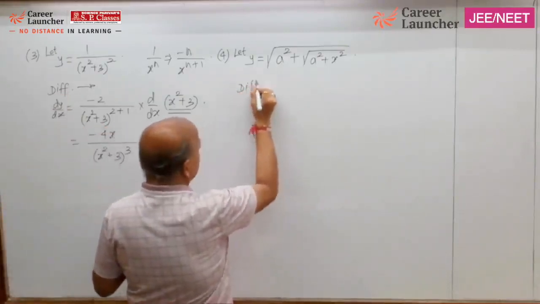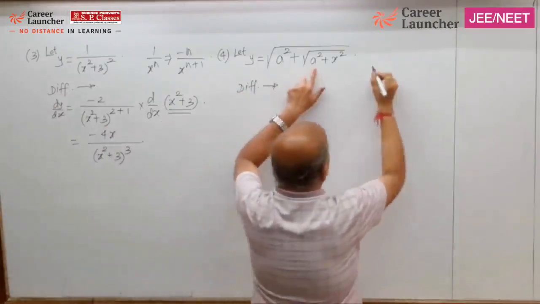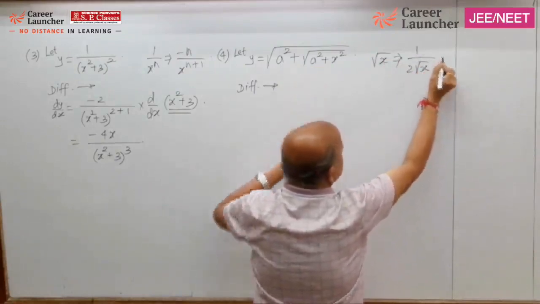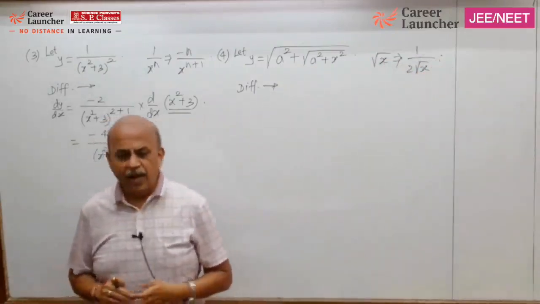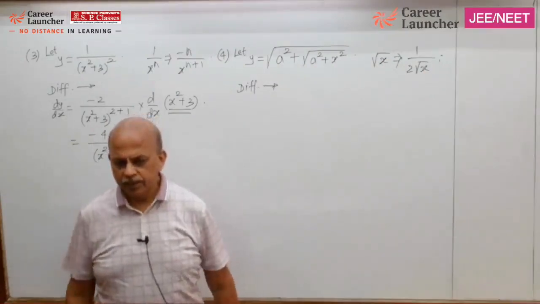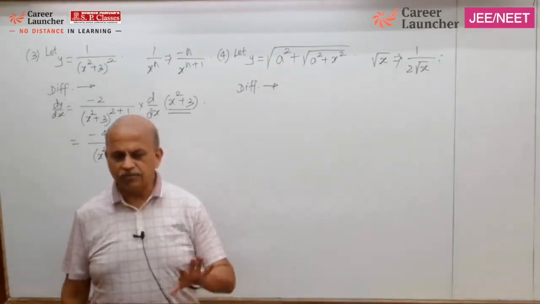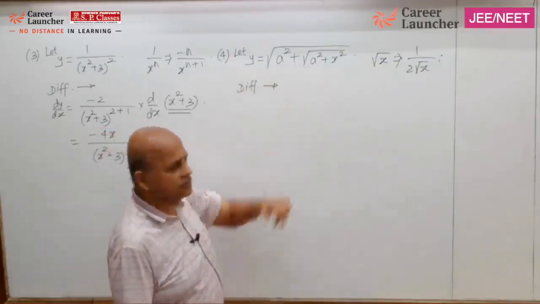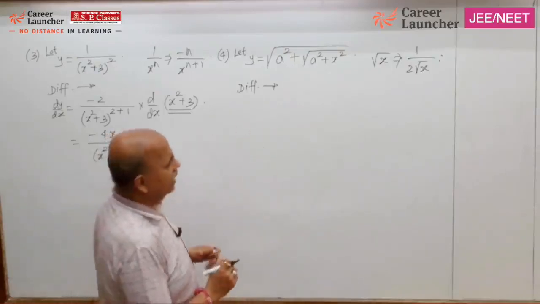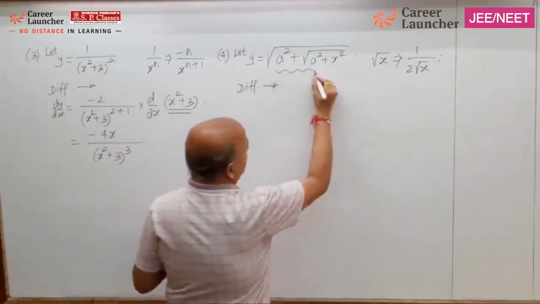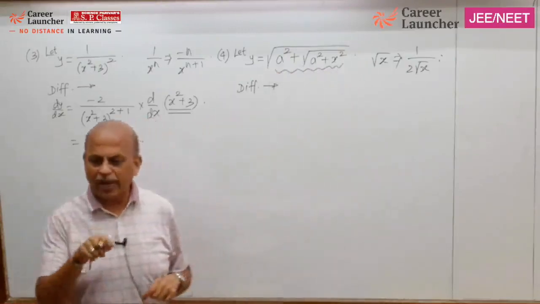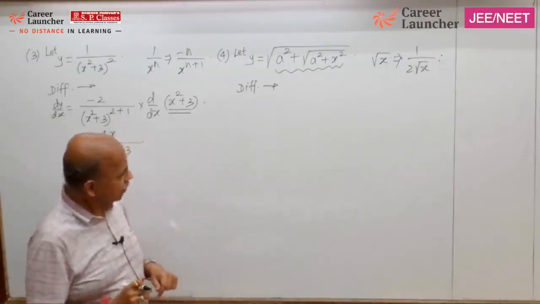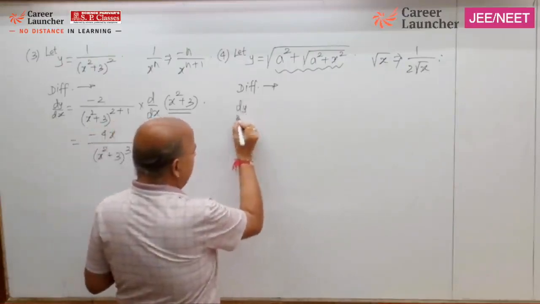Okay? Here, this is a good problem. Please concentrate and listen to me. Differentiating root x, what is the formula? 1 upon 2 root x. Now let me see whether you have followed the concept of the chain rule or not. Who will tell me in this question, root of x, what is the composite part here? Is it not a square plus root of a square plus x square? That big thing is the composite part here. Okay? We'll make use of the chain rule.